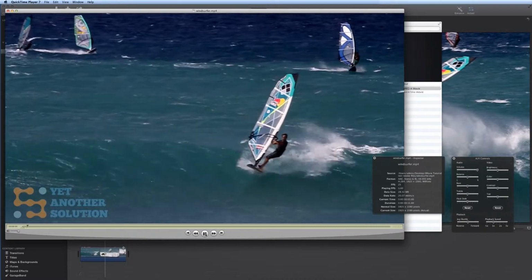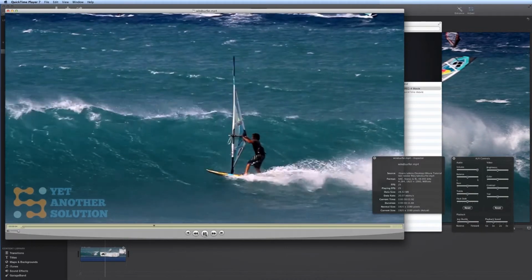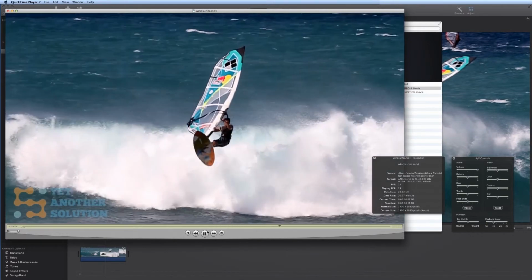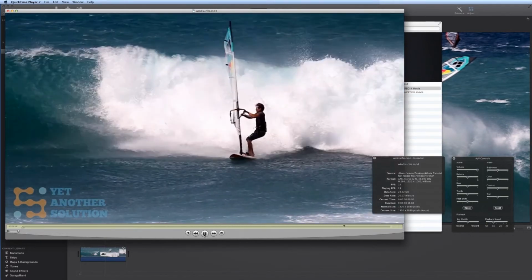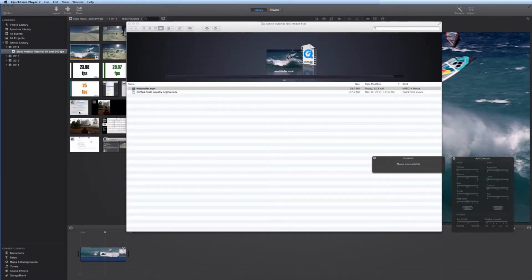So if we see here, this is a smooth slow motion. Maybe this is not super smooth because I have this screen recording here, but you understand what I mean. Okay, that was really nice. So then we can go further on with some other